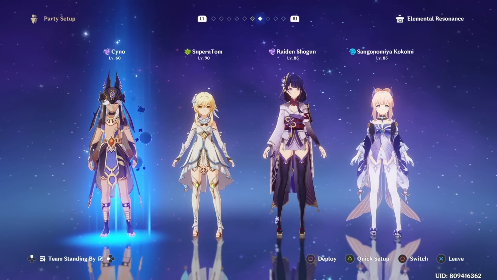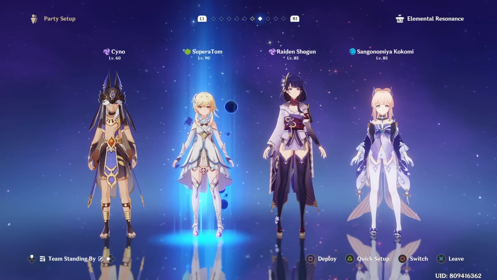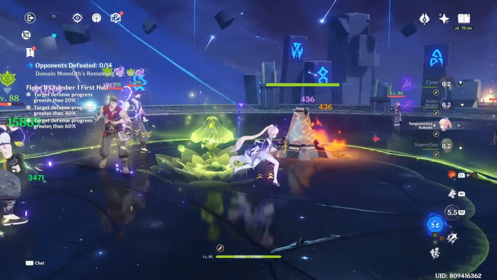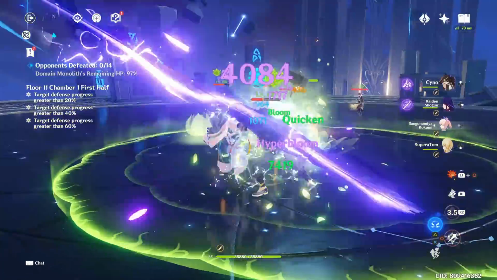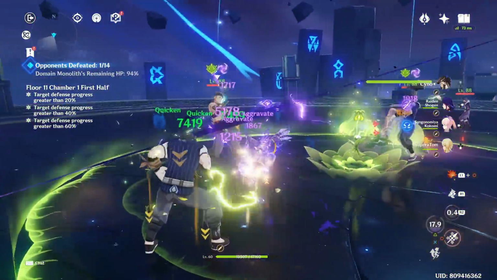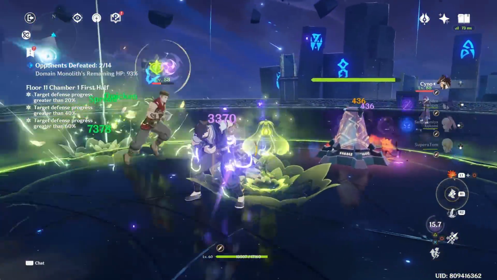Next team, we have a Hyper Bloom team where we have Cyno, Dendro MC, Raiden Shogun, and Kokomi. Very straightforward team to run as well, where we focus on Hyper Bloom damage with a little bit of quicken here and there. Now obviously you don't really have to run Raiden Shogun, it's just kind of like a preference